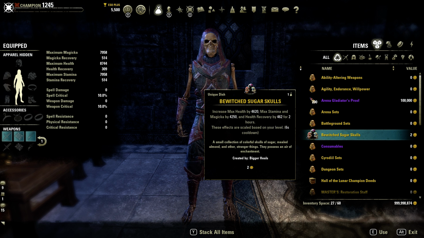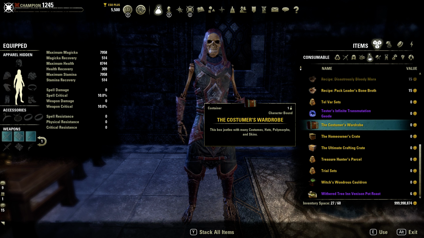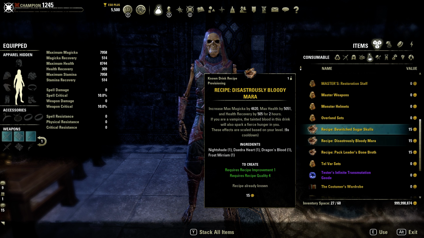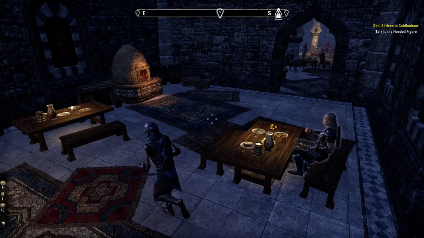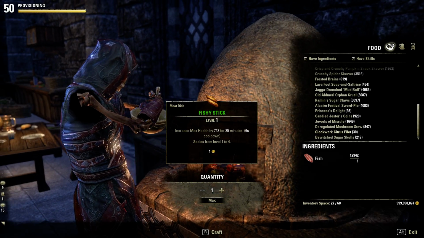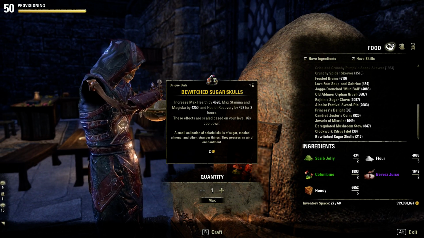However, one word of note: it seems if you on the PTS look at the recipes, it says it's a drink recipe, and all 3 recipes that are coming out are drink recipes in the inventory. But if we look over here at the delicacies under food, it's a food recipe. So I'm not sure if this is